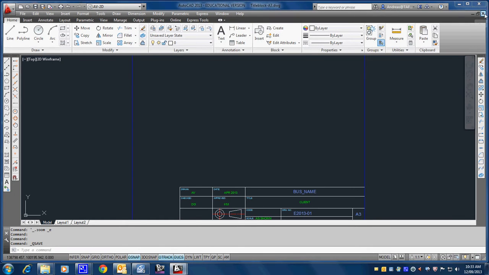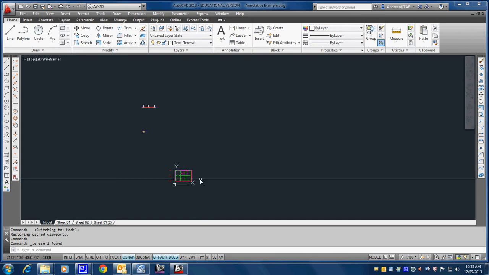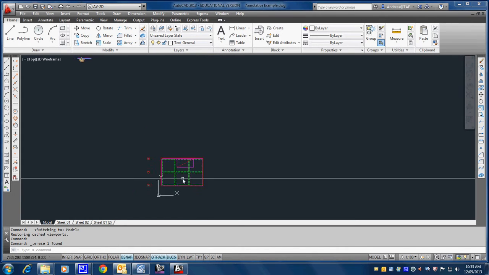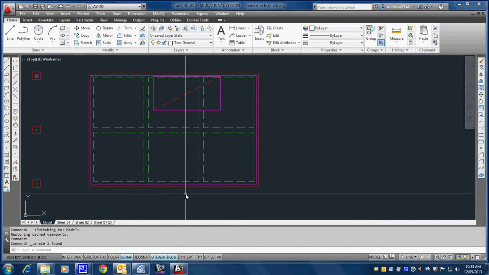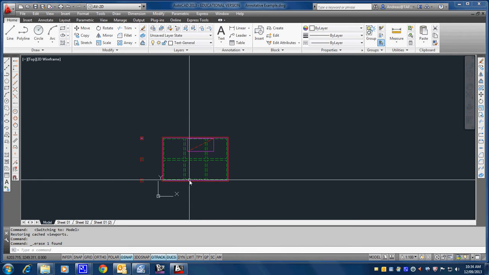Okay, we're going to start looking at annotative text now. We're going to use this one from the previous exercise. I have got a drawing here which I have pre-made. It's basically a civil double drawing. We've got some footing designs here. Okay, basically